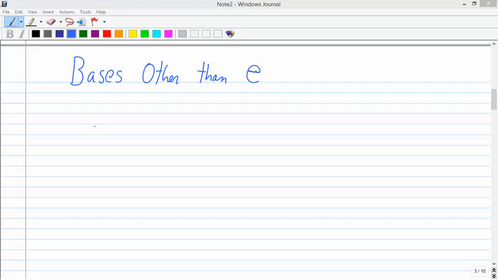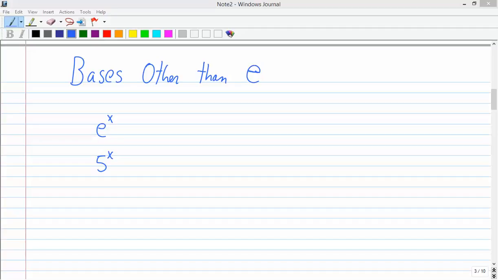Alright, so we don't have to have just e. We need to look at what we would do if we had maybe 5 to the x, with 5 as a base. There's got to be a way to take a derivative of this. And there is, and it's not too terribly complicated. You just have to remember a formula, basically, to take the